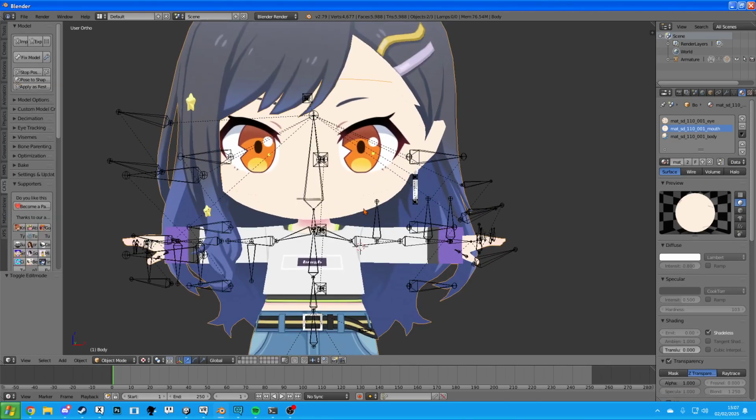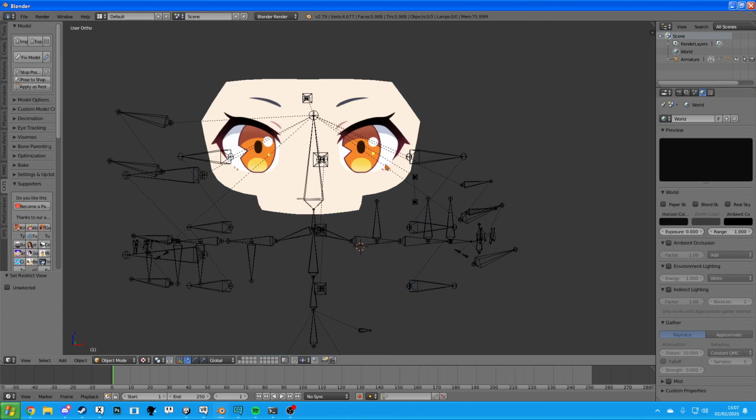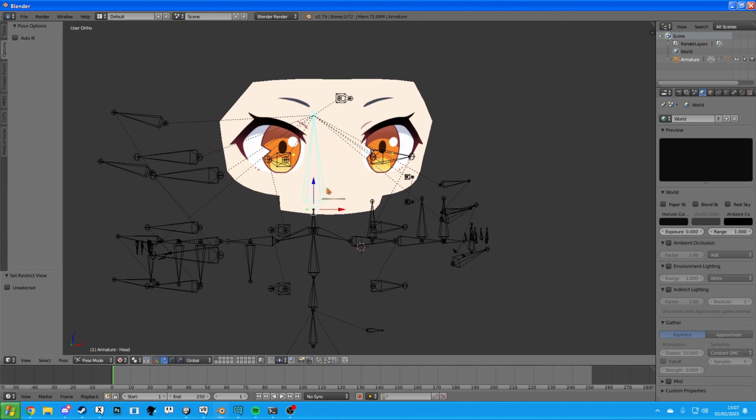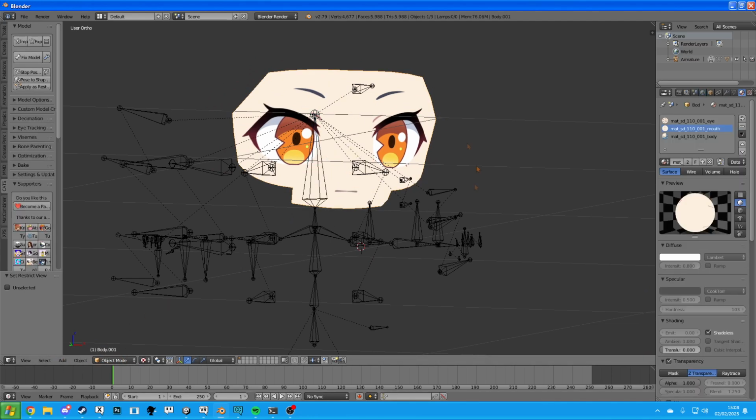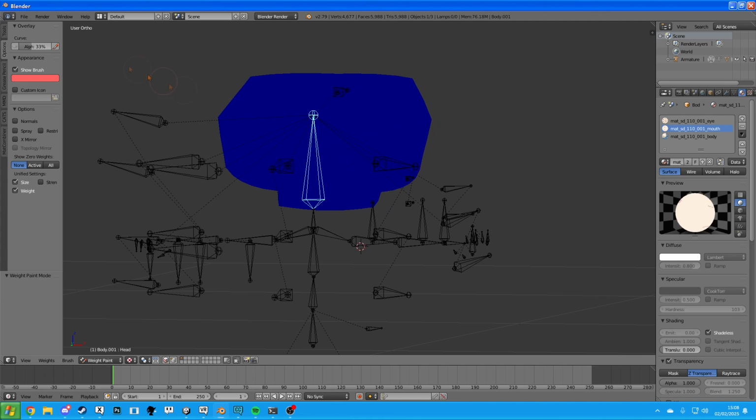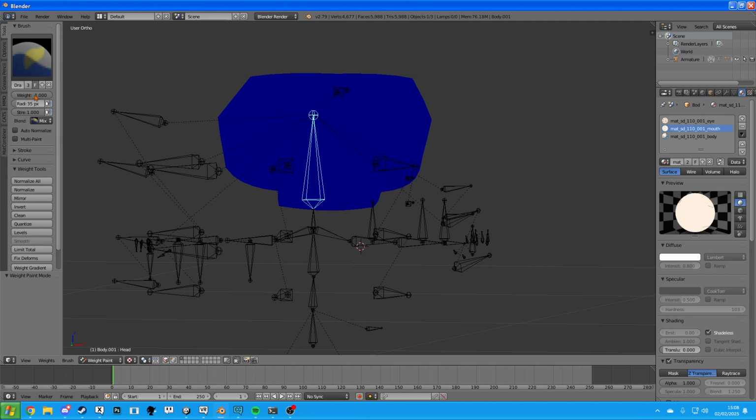Okay, and then once we do that, we want to make sure we've selected the outer mesh and hit H. That will hide it. Then we want to right click on the head, make sure it's highlighted blue in pose mode. Then once you do that, right click the mesh that we separated and hit weight paint. So once we've hit weight paint, go to tools, make sure the weight is maxed out. You can hit this button down here, limit selection to visible. If that's no longer highlighted, we can then just go